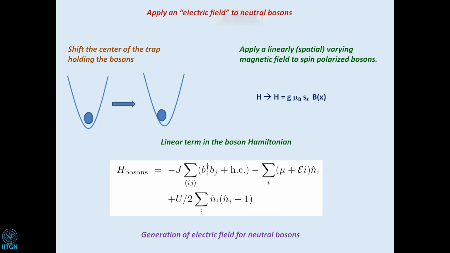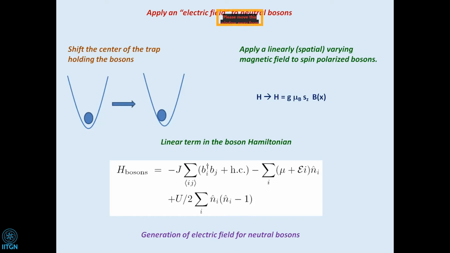This clearly means that you have a linear potential which is proportional to x₀. That is straightforward to see by simply expanding this square. Up to a constant term, which we are not going to be bothered about, this leads to a term analogous to an electric field,